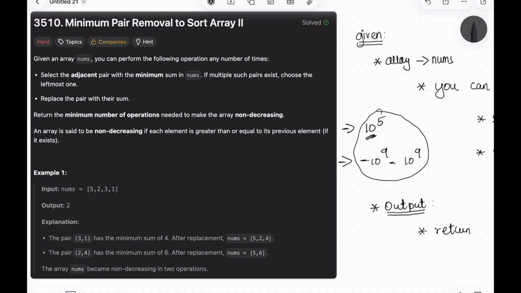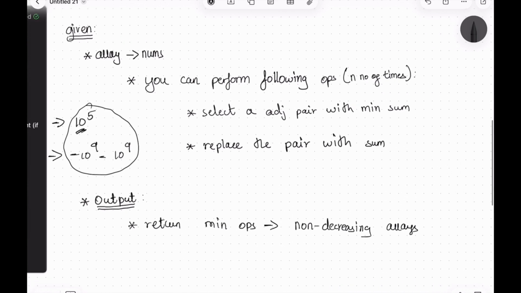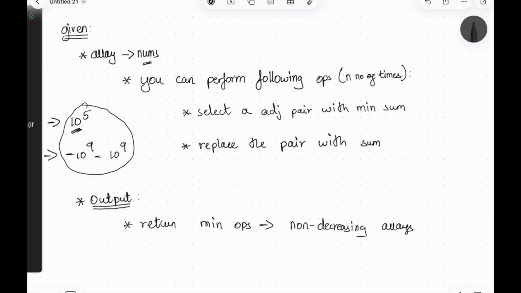problem, because that will consume a huge amount of time, which will result in a time limit exceeded issue. So we have to follow other methods to come up with a solution. Because of that, this problem is very hard. With that, before getting into the explanation of the solution and the approach, let me read through the problem. We are given an array called nums, and you can perform the following operation n number